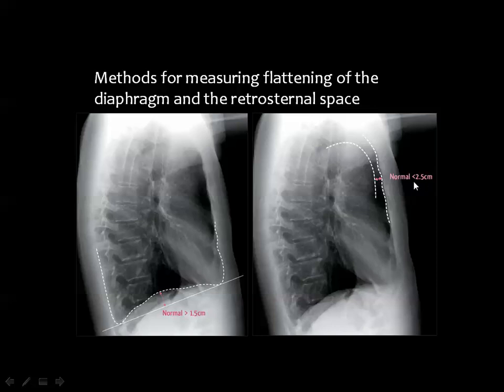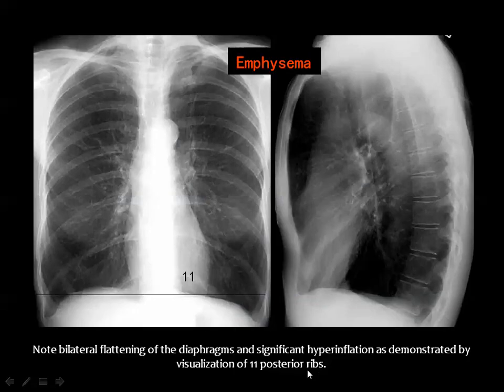This distance should not be more than 2.5 centimeters. Also, this is a way to know if the diaphragm is flat or not. You identify the copula of the diaphragm and you draw a tangential line from the ends of the copula. Then you draw a perpendicular line from the highest point of the copula, and this line should be more than 1.5 centimeters. Of course, the hyperinflated chest does not require the previously mentioned measurements, but it's easy to appreciate that